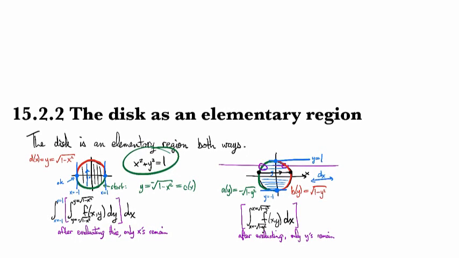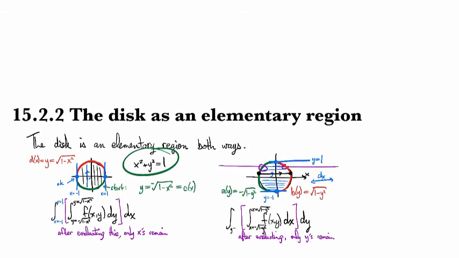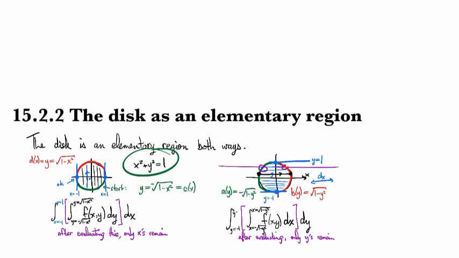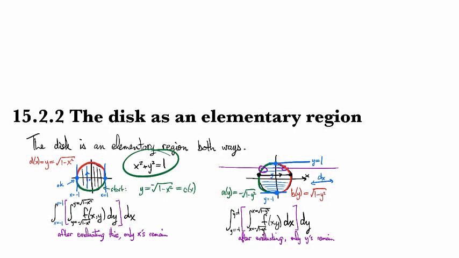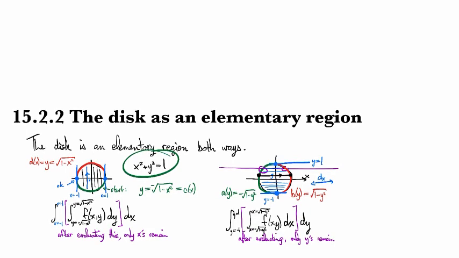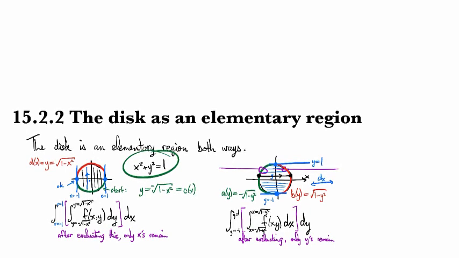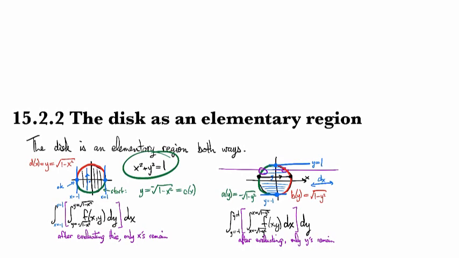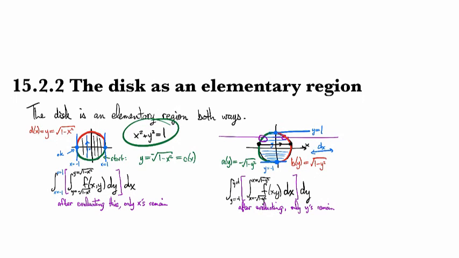So that when we next integrate with respect to y and evaluate from y equals minus 1 to y equals 1, then all that will be left when we're done is a number, a constant, a scalar value. And that's really an important thing that I'm trying to pound on,